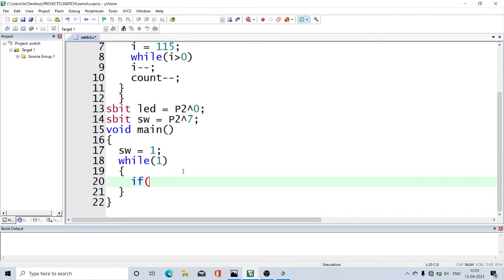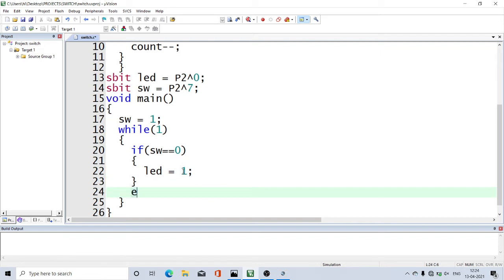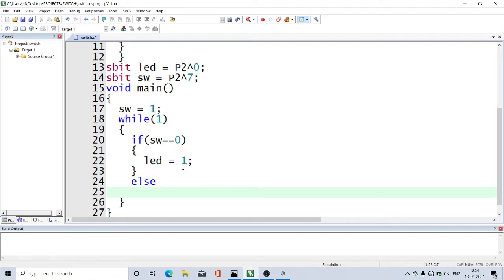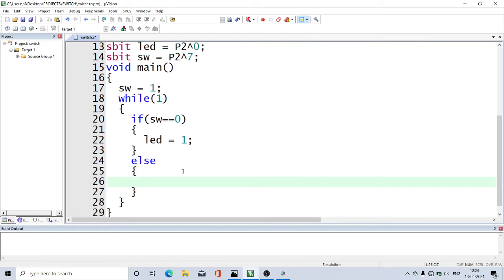If SW equal to 0, then LED should be on, else LED should be off.